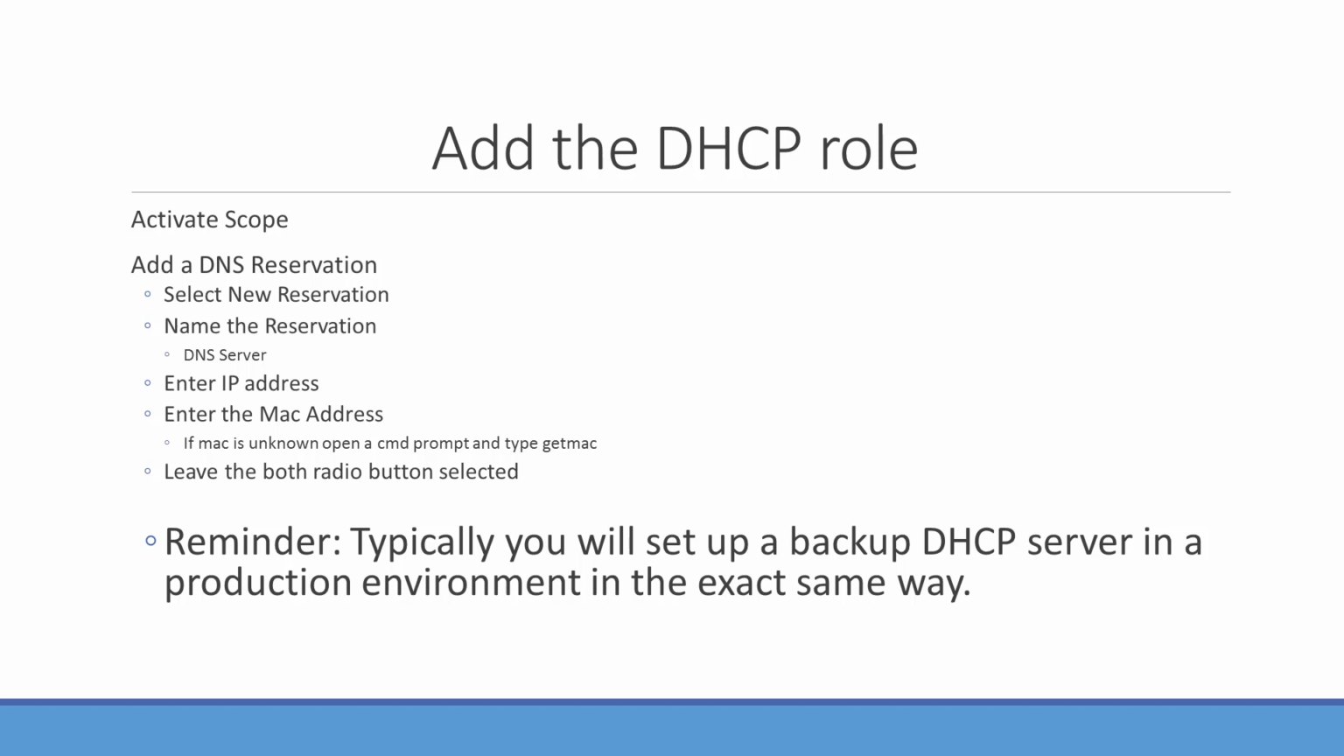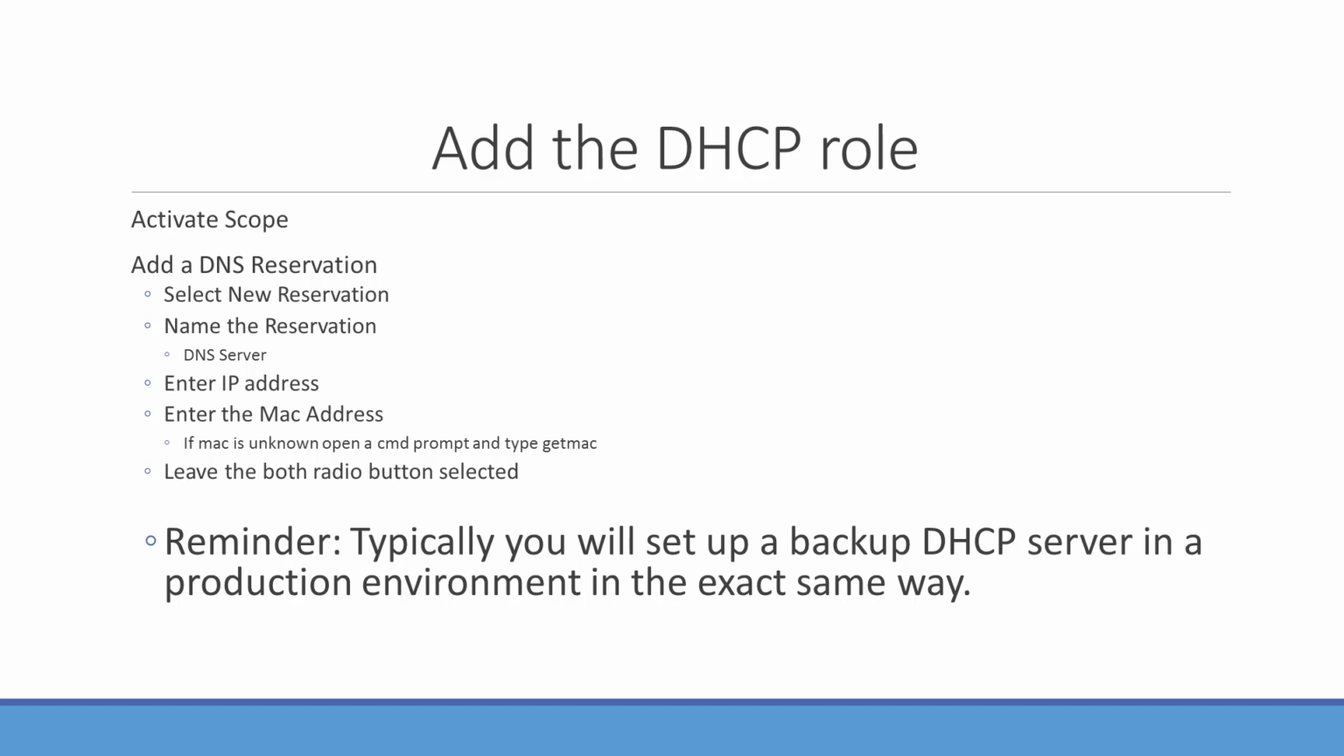To do this, I'm going to select a new reservation, name the reservation called DNS server. I'm going to enter the IP address that I want to enter, which will be for our DNS server. This is just for illustration purposes to show you how to do a DNS reservation or any reservation of any sorts. It would be an IP reservation for anything that you would want to have reserved. You would need to have the MAC address, and you would also need to,